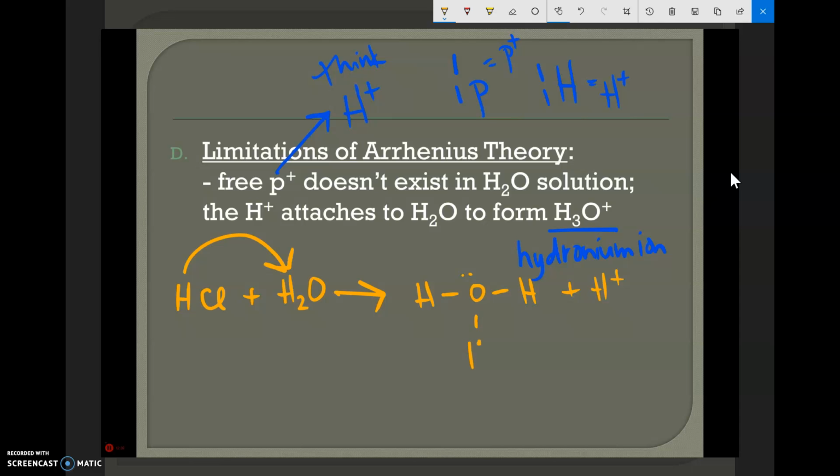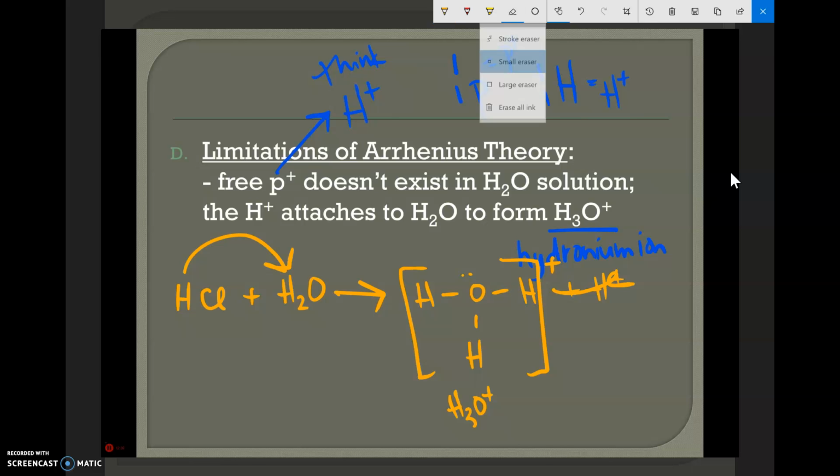So this hydrogen is going to attach down here, and that gets rid of that. Okay, and then that positive charge, we haven't forgotten about that. It's overall positive, so we're going to draw brackets with the positive 1 charge. This right here is representing the Lewis structure of hydronium. That's what hydronium is. And then what's left from that is going to be